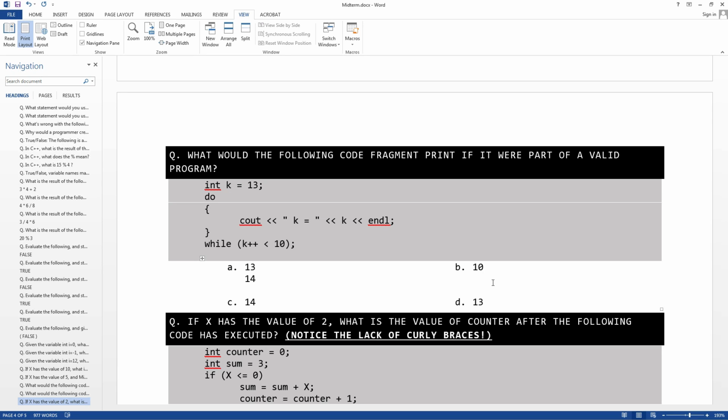So in this case, k is equal to 13, and all we do is print out what k is, and then we check to see if we should loop again. It doesn't matter that there's a plus plus here. That plus plus actually doesn't even do anything. All it's doing is incrementing k by 1, but that expression is still going to return false no matter what. Which means no matter what, this thing will only ever output 13.